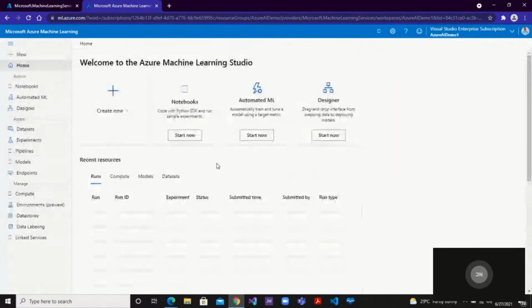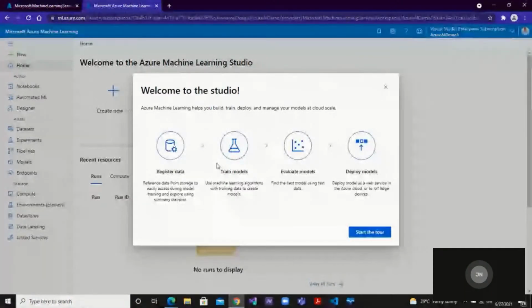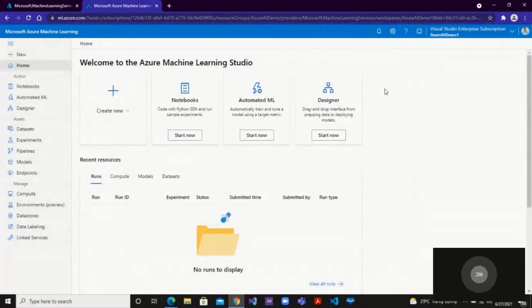At any point in time, you can always manage your resources and all of that. Now, the way Azure Machine Learning Studio works is basically for those who don't want to code. You don't want to do the majority of technical things. You can make use of Azure Machine Learning Studio. So just head over